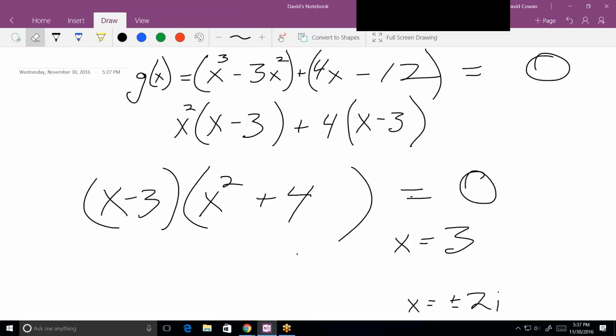Because this x squared plus 4 is an irreducible quadratic, I don't break it down to its imaginary solutions. Those don't really help me when I'm looking for zeros. It's just a lot of extra work, and so typically this is your final answer. Now, whether that's what your teacher is wanting or not, you'd have to ask her. But I've got books that say you break it down into its linear factors, that's a linear factor, and